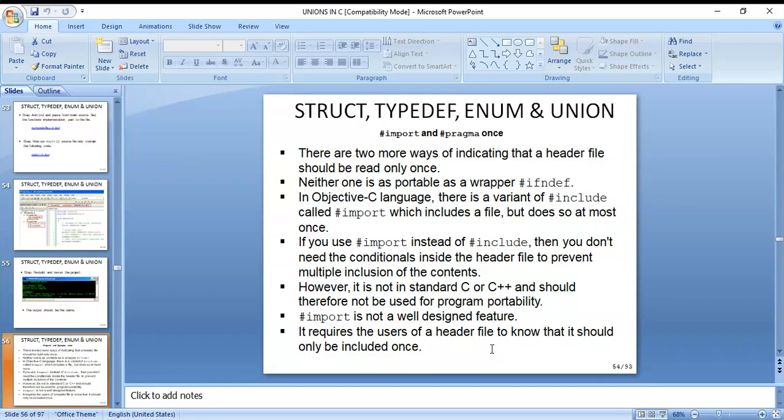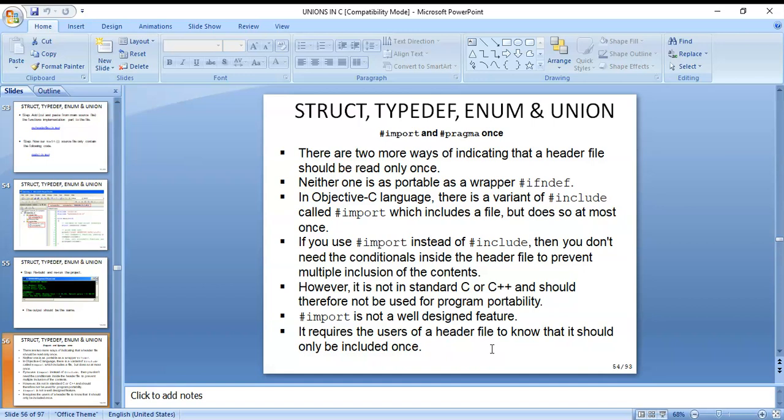Neither one is as portable as a wrapper, #ifndef and #endif. In the Objective-C language, there is a variant of #include called #import, which includes a file but does so at most once.